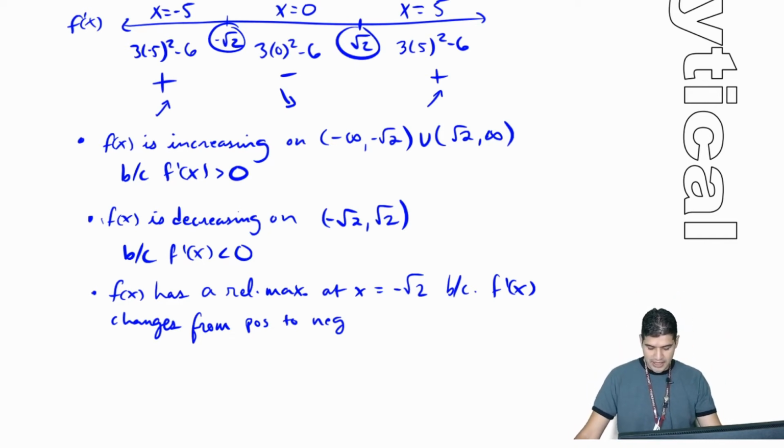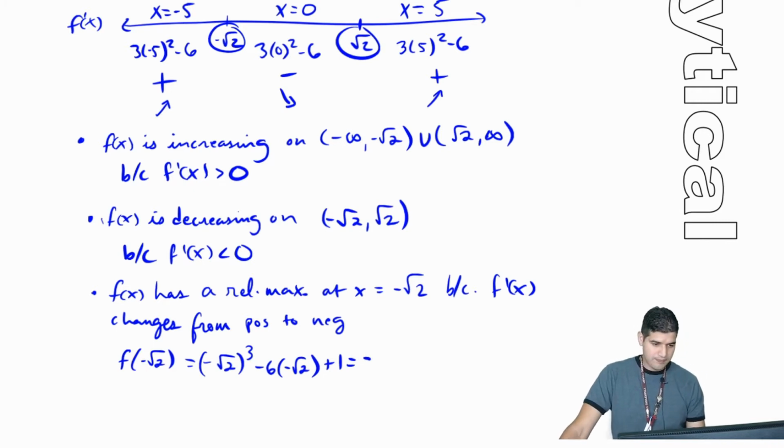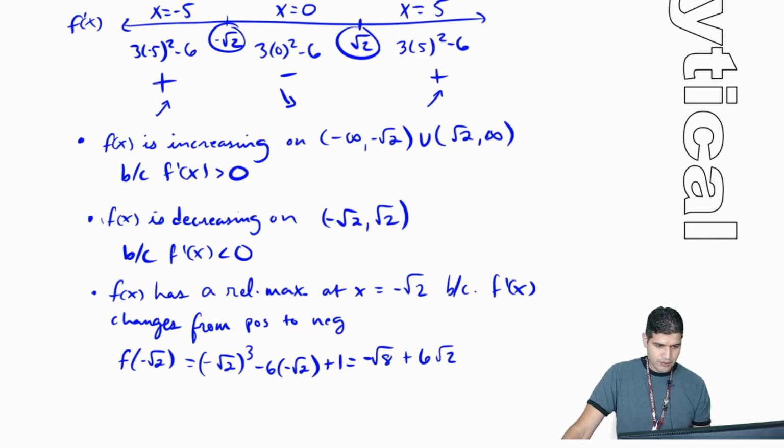So now I want to find the coordinate of that relative maximum. So in order to do that, I need the y value, because I know the x value right now. So I need to find f of negative square root of 2. So I substitute that in, I get negative square root of 2 cubed minus 6 times negative square root of 2 plus 1, which comes out to be negative square root of 8 plus 6 square root of 2 plus 1. And if you type that into your calculator right now, that's going to be approximately